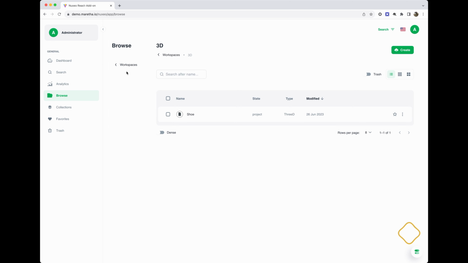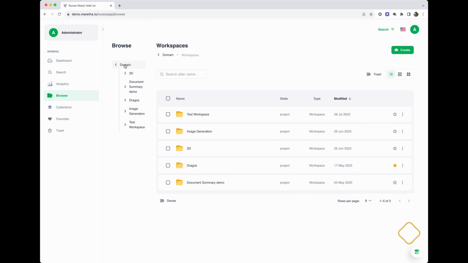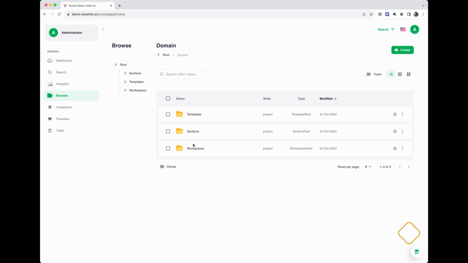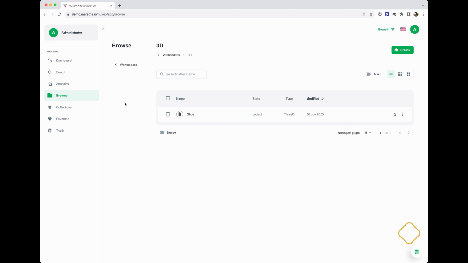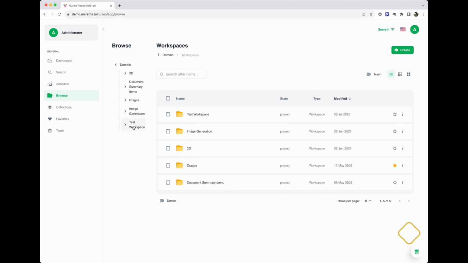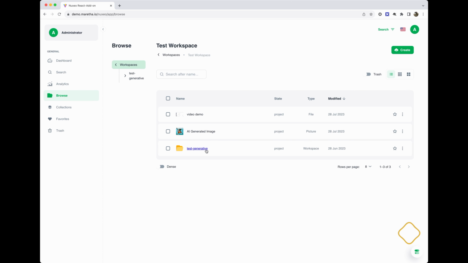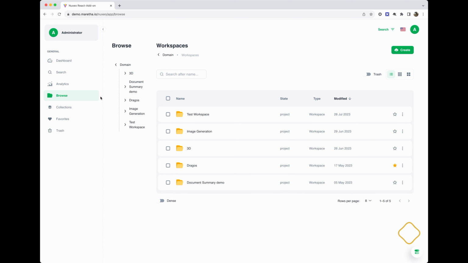There's also a browse function, which is commonly used in Nuxeo to navigate to content. Here you can see the domain along with the templates, sections, and workspaces. I can drill into workspaces and dive into one of these areas quickly and easily. It's very responsive to get all of the data for all documents as well as the documents that are inside